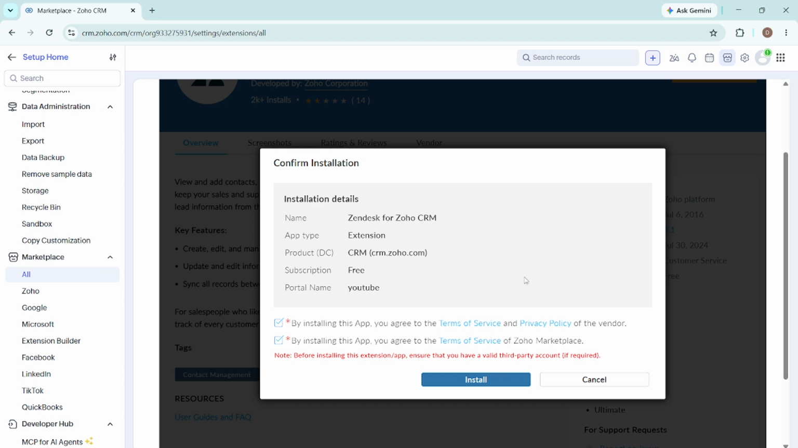To recap, you started by clicking Setup using the gear icon. Then you went into Marketplace, switched to All to search the full list, typed Zendesk into the search bar, selected it, clicked Install, and then authorized your Zendesk account. Each part of that sequence is needed so the integration is available and then properly connected to